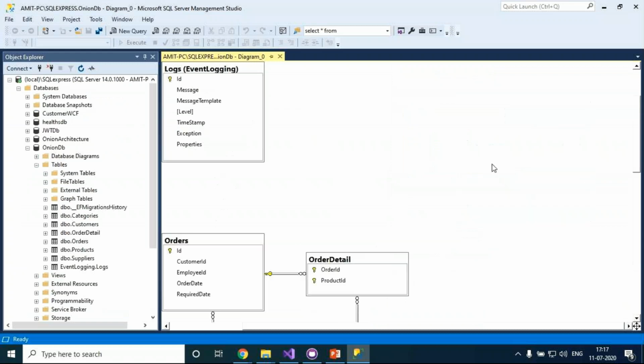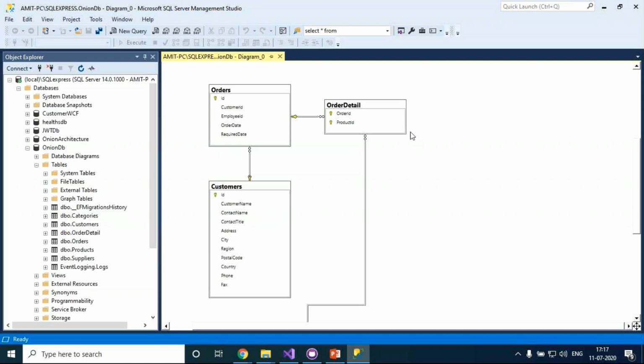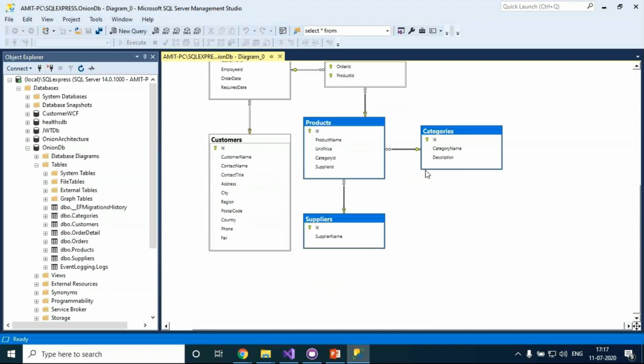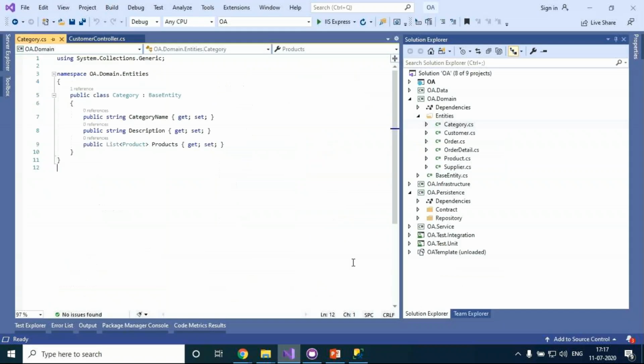This is exactly how a one-to-many relationship comes out. This is the database diagram. First, I created all the class files here: customer, category, order details.